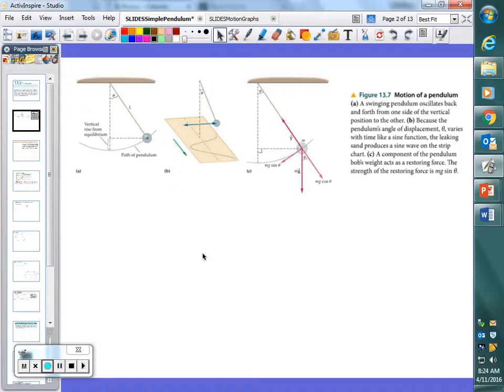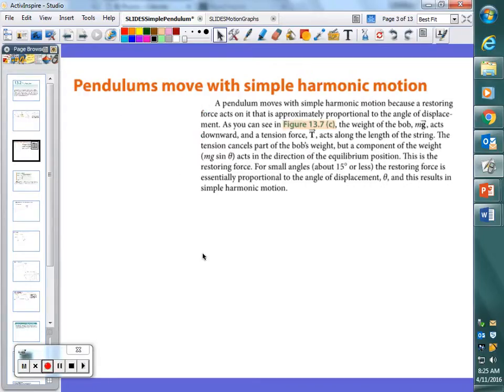Alright, so component of gravity brings it back to the middle, and that means it keeps repeating over and over and over again, and that makes it periodic motion. But we talked about the idea that technically it is not simple harmonic motion. So we should change this here from "with" to "almost simple harmonic motion," because the requirement for simple harmonic motion is that the restoring force is proportional to the